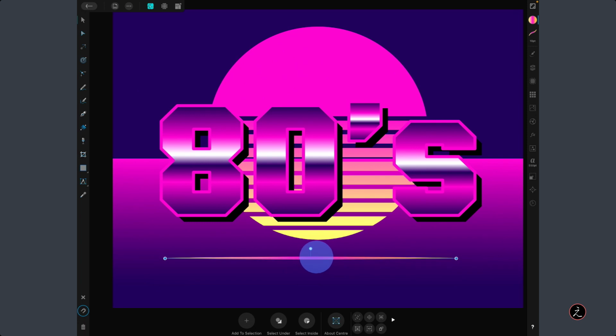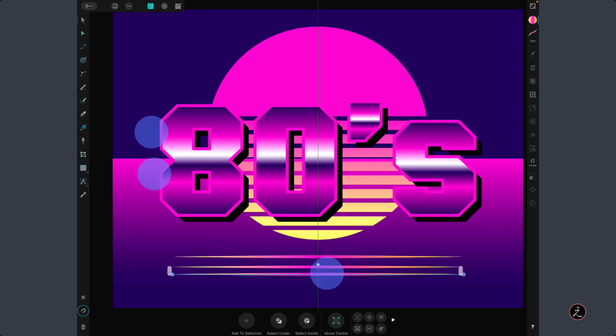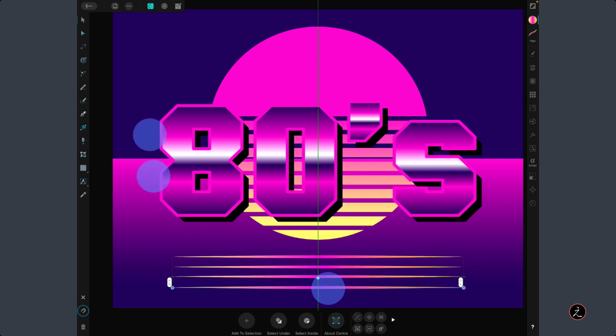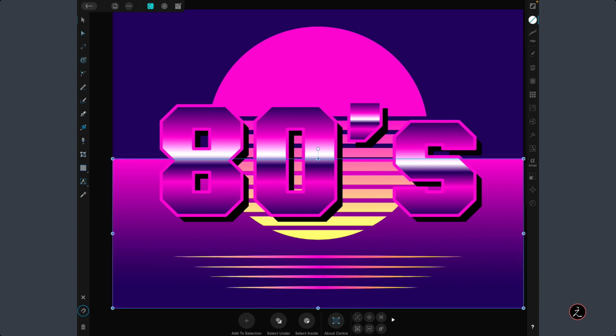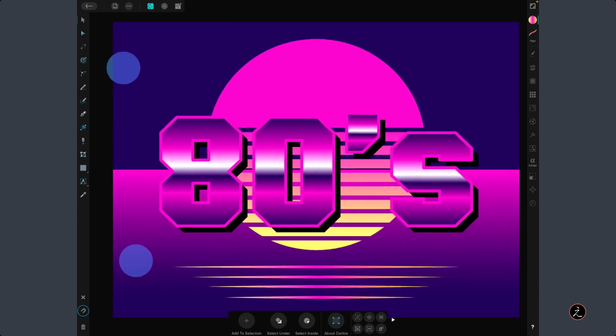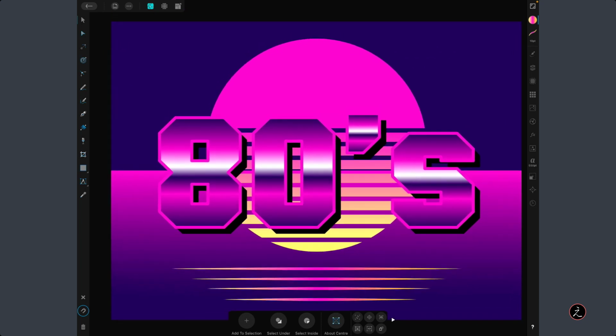Now I'm going to bring this up just a bit, just to make sure it sits in the middle, and I will create a few duplicates here. All right. I will grab this one and bring this in a little bit. Grab this one and bring it a little bit inside. Inwards, and this one as well. And this is the look and feel that I was going for, an 80s type of poster.